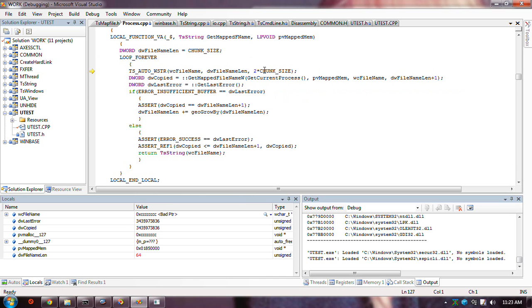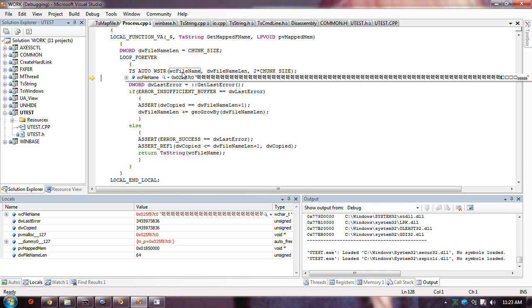Again, I'm making a wide character thing, but I'm not putting my slashes in. Oh, no. This is the destination buffer.